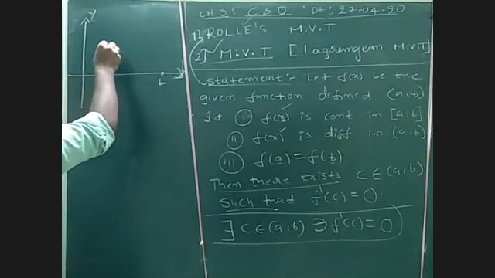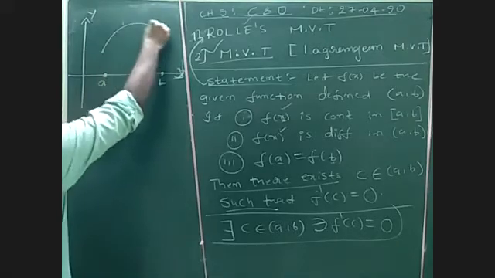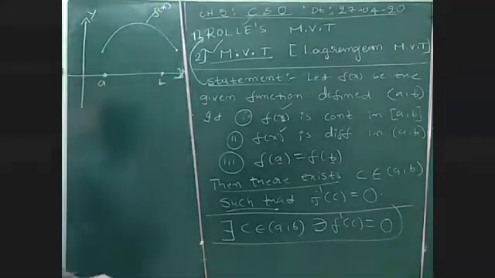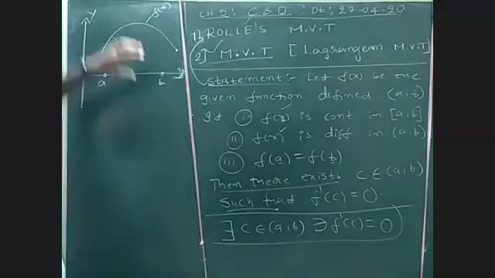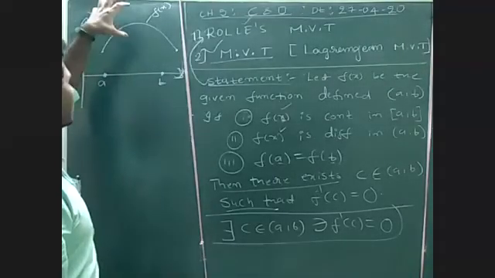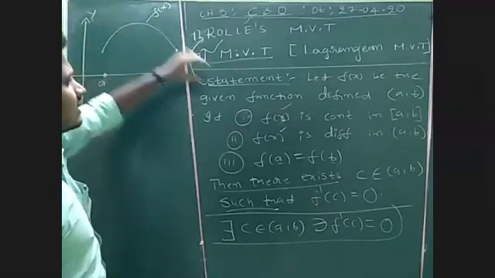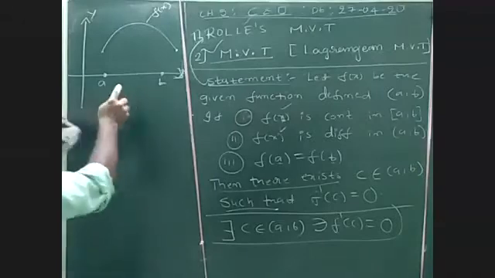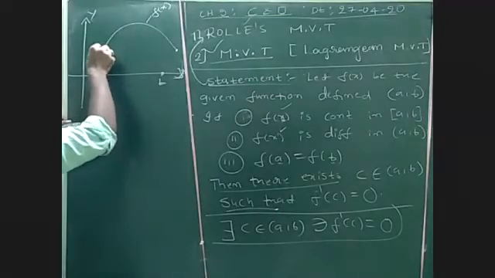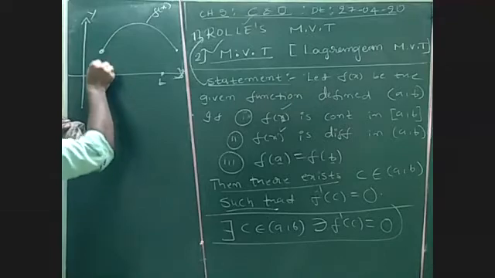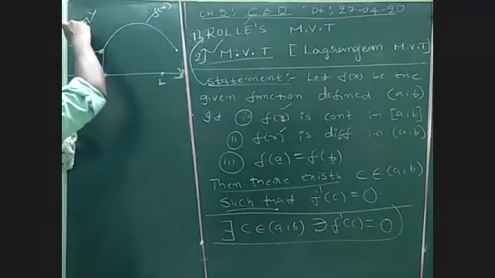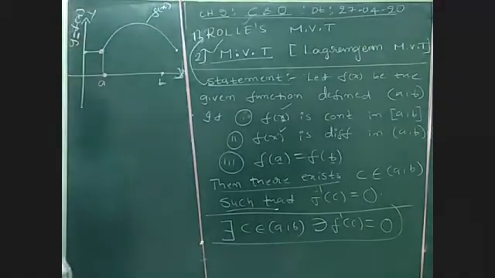Here I draw one curve like this. This curve is nothing but the given function f of x. The function may be sin x, cos x, log x, whatever. Generally I am taking this as the curve or graph of the given function f of x. So what is this point here? The corresponding y value I am taking on the y axis. Y value, you already know, can be written as f of x. Y is equal to f of x.